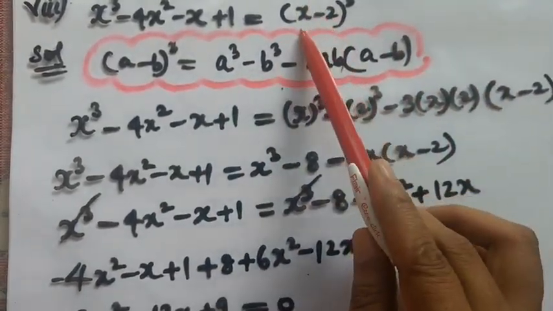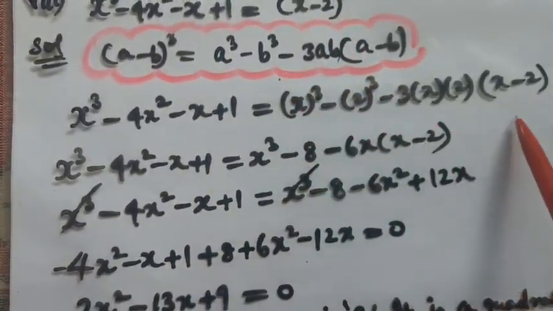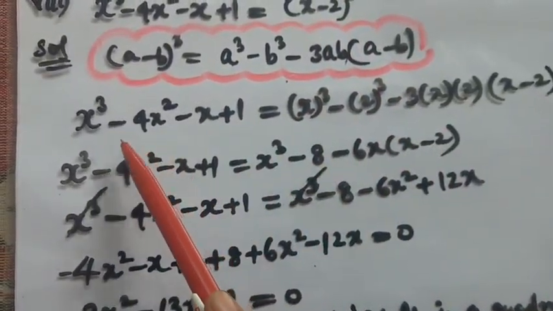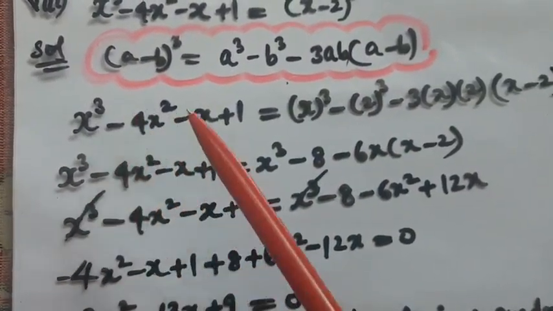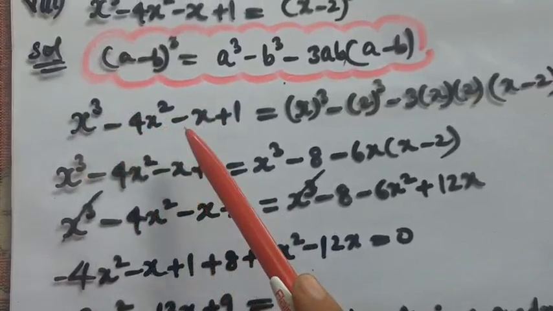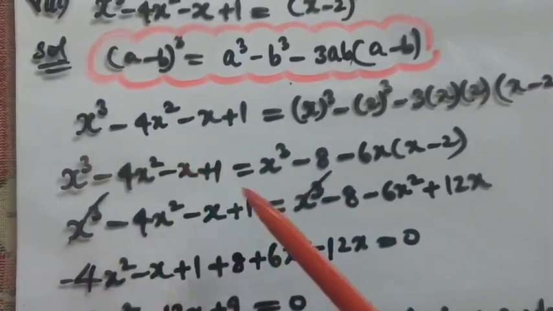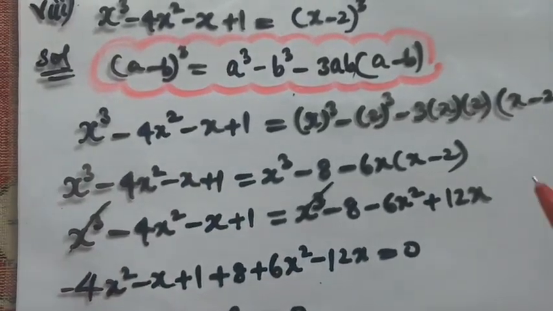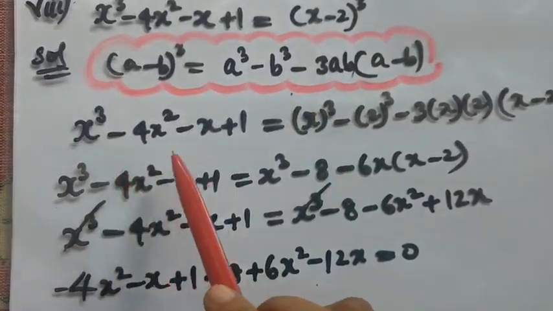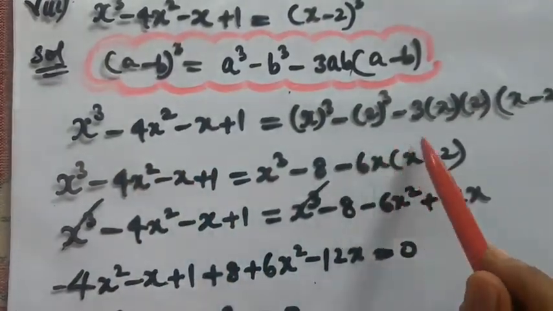So here my a is x and b is 2. Based on that, I am opening this bracket and expanding. And what to do on the left hand side is, they all are unlike terms. Unlike terms are the terms which are not same. It is a cube term, it's x square term, it's x term, and this is constant. You can't add or subtract. See, I am here trying to cover all the basics like terms, unlike terms, so do listen to the video carefully. These all are unlike terms, we can't add or subtract. So keep it as it is till you solve on your right hand side.